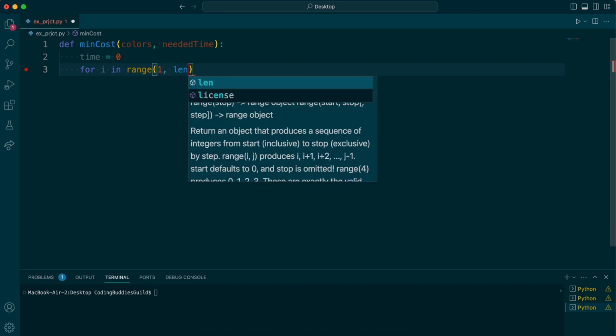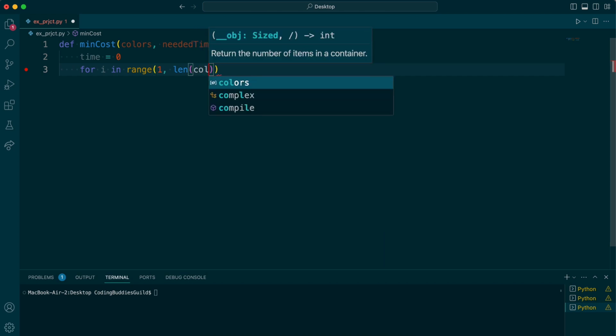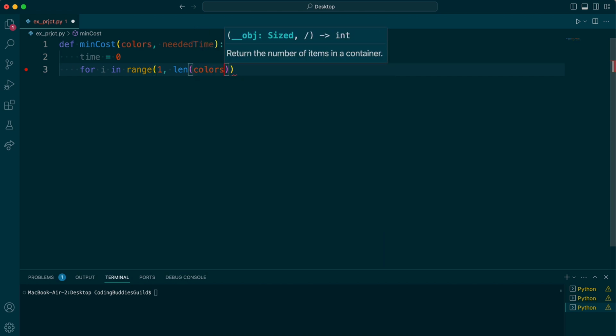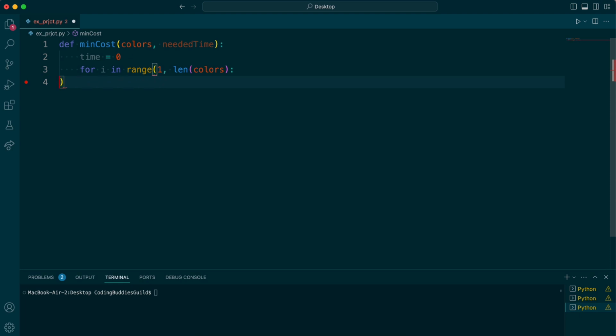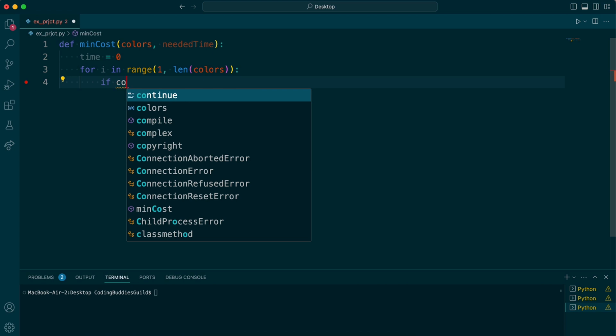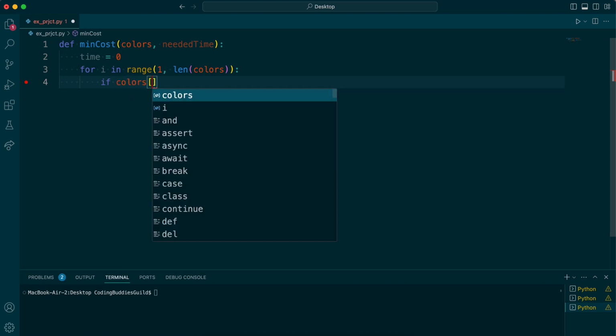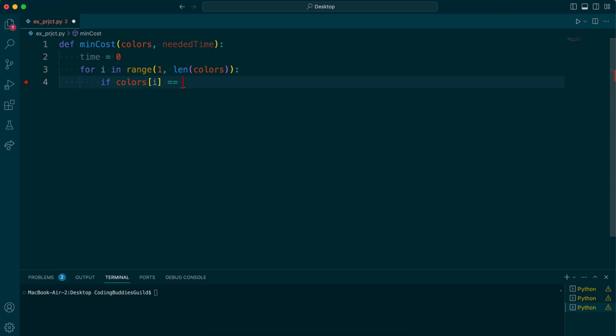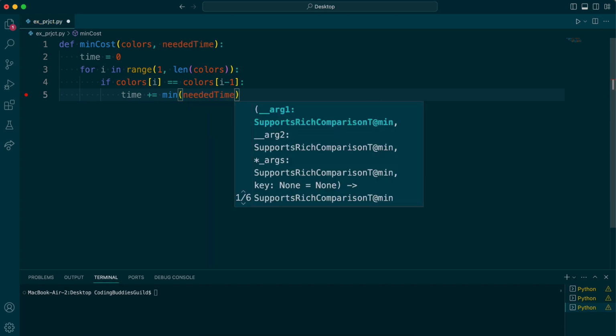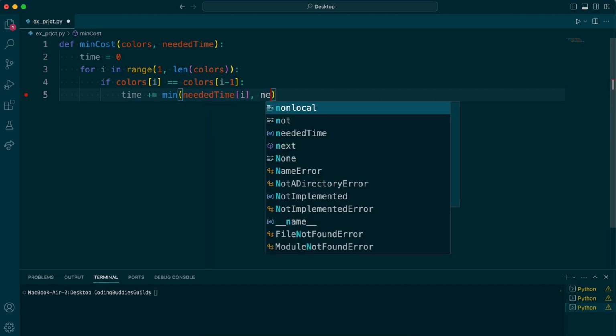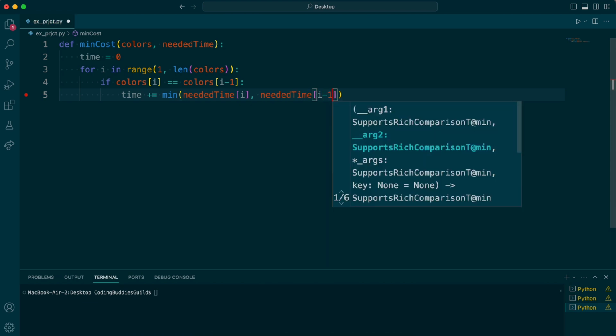To the length of colors, right? Oops, that's not what I meant. So here I just want to go if colors[i] equals colors[i-1], then they are of the same color. And I just want to go time plus equals the minimum of neededTime[i] and neededTime[i-1],